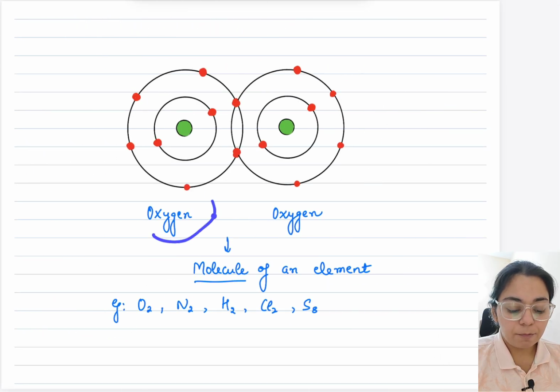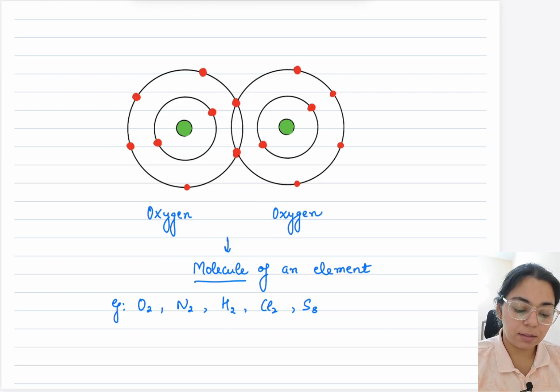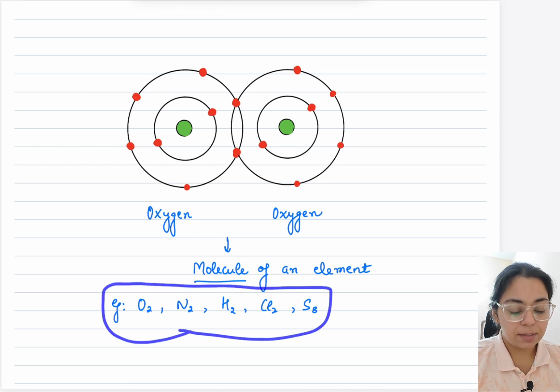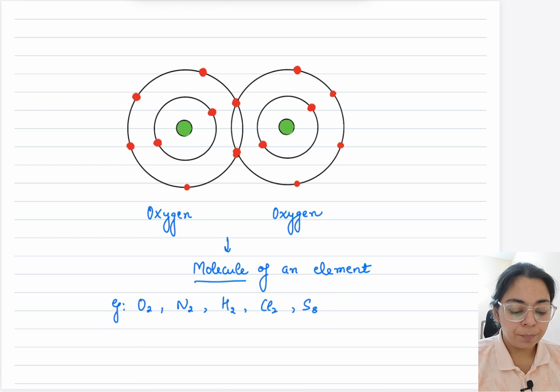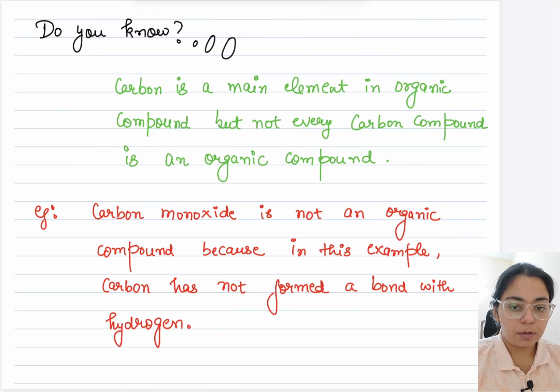However, if both the atoms are of oxygen itself, do we call this combination a compound? No, we'll call it a molecule of an element itself, because both the atoms contain the same element, that is oxygen, and these are the electrons. You must have studied in your chemistry classes, and these are the examples: O2 and 2H2. Okay, now we can simply move on to what is organic.